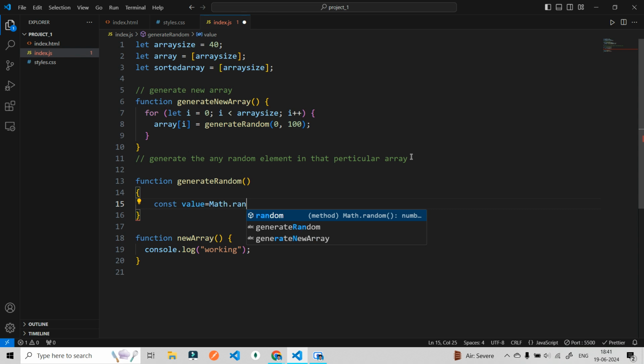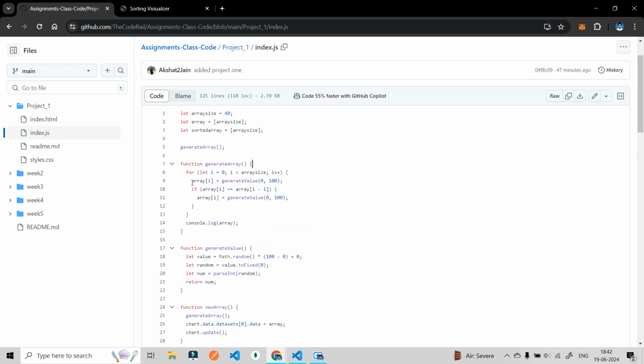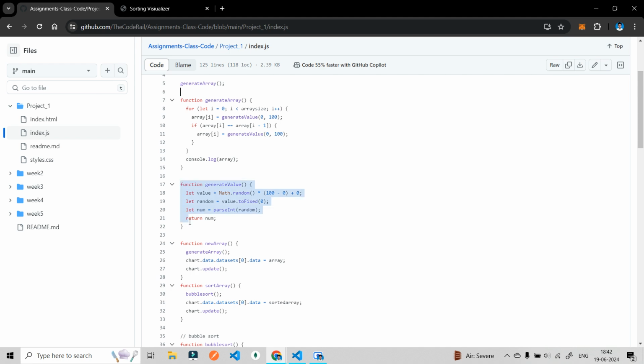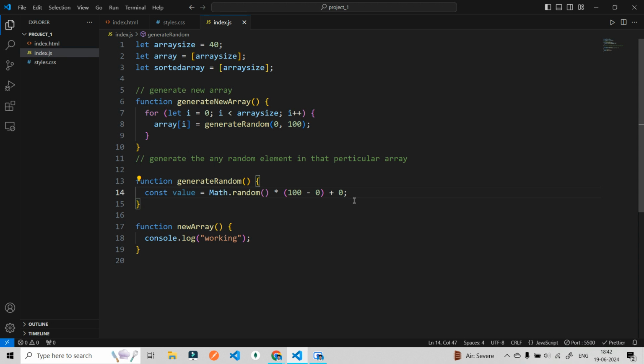So Math.random, and in this we have to give a range so that the generated element should start from this particular number only. Let me show you this code. Let me copy this code here, that generates a value from 0 and 1. This is the function that we are going to write. So it will generate a new number in the range 100 minus 0 plus 0. We all know Math.random generates a random value between 0 to 1. It will generate something like 0.0